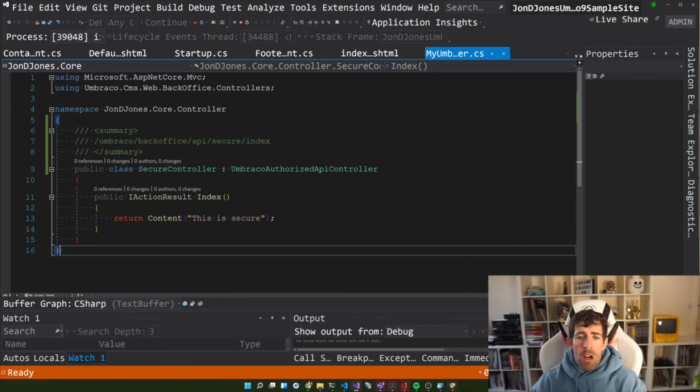So the nice thing about the authorized API controller is that it does all the background routing for us. You won't need to do anything yourself. All you need to do is create a new controller, inherit from it, create your default index action or create an action, call it whatever you want. Job is a good one. Now the caveat of how you access your API is that it will need to be prefixed with /Umbraco